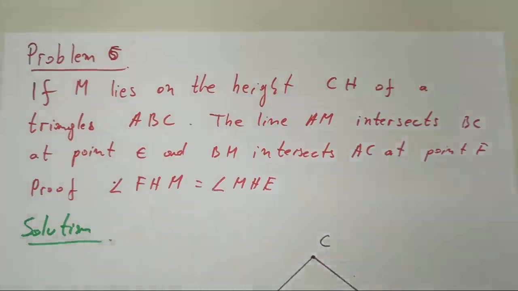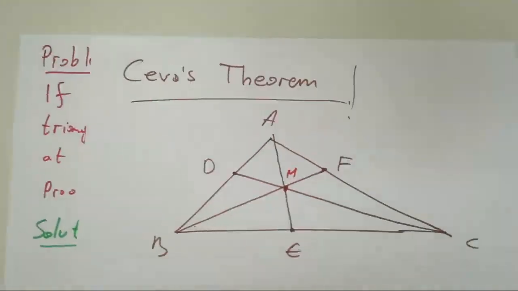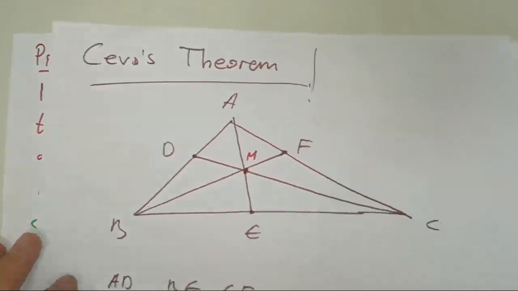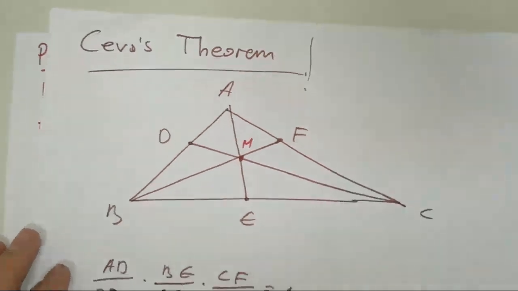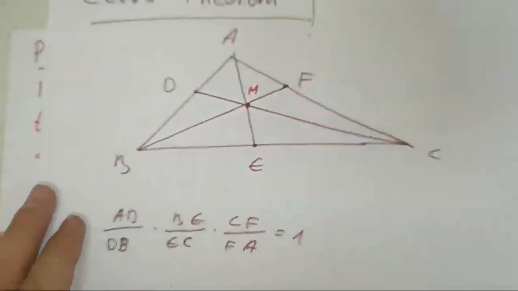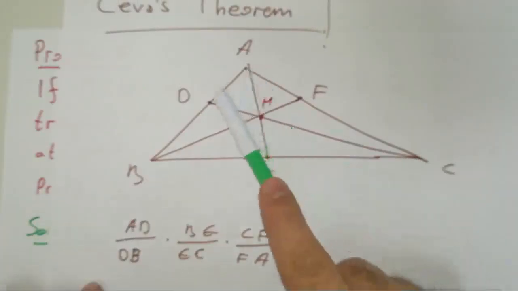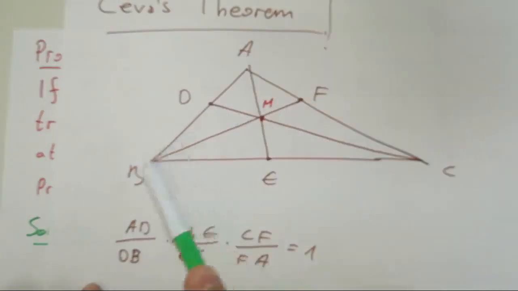Alright, students, if you're not familiar with this theorem, maybe it's impossible to solve that problem. It's called Ceva's theorem, and it says if you have a triangle and there is a point M inside that triangle ABC, then this equation works there. So AD over DB times